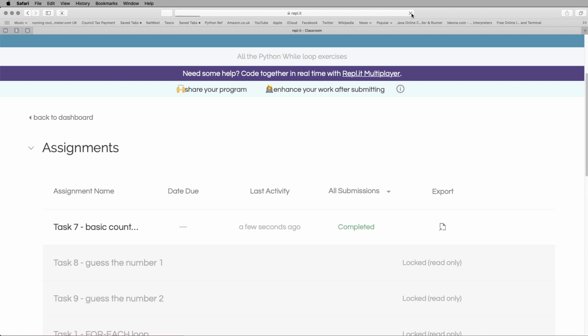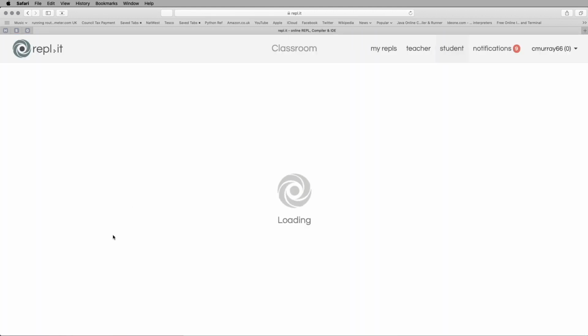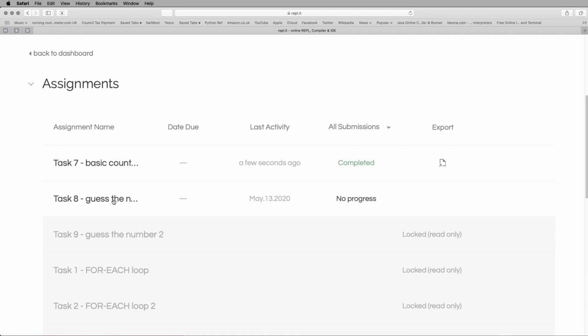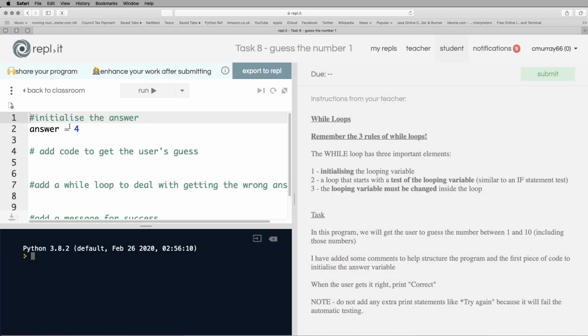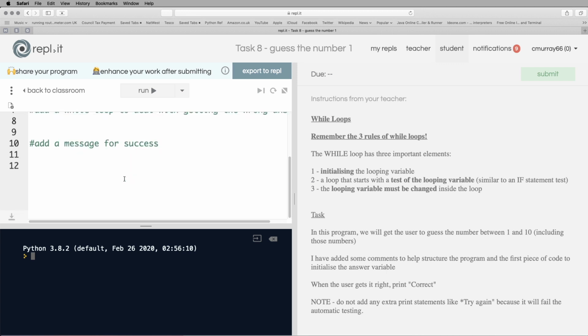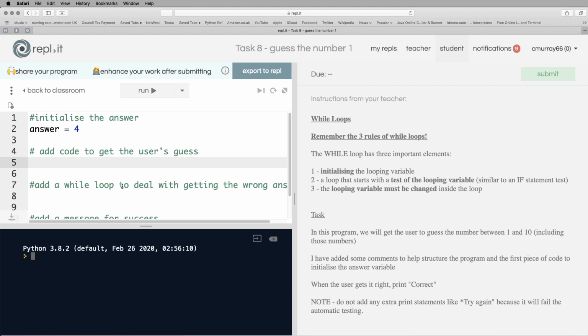So next task we'll do is task 8, which is guess the number, part 1. So on here it tells us that the answer is 4. There's a couple of different ways of doing this, so we're just going to do it the way it suggests with the comments. So add code to get the user's guess. So I'm going to go guess